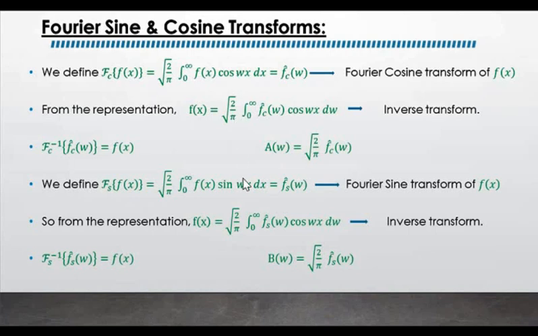Now similarly, we will define the Fourier sine transform of f of x also. So instead of cos omega x, you have to use sin omega x, and the resultant Fourier sine transform will be represented as Fs cap omega. So this is called the Fourier sine transform. And for going back also, you will have a similar type of formula, that is f of x is equal to root of 2 by pi integral 0 to infinity Fs cap omega sin omega x d omega. So this is the inverse transform of the Fourier sine transform. So the relation between B omega and Fs cap omega is just the root of 2 by pi.